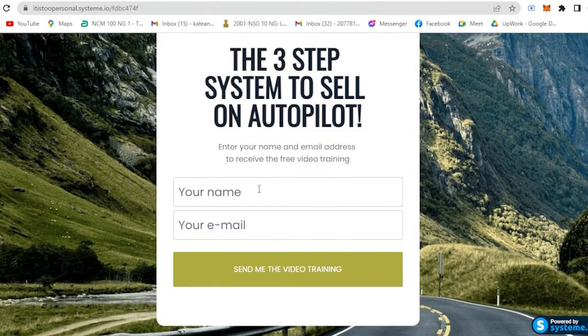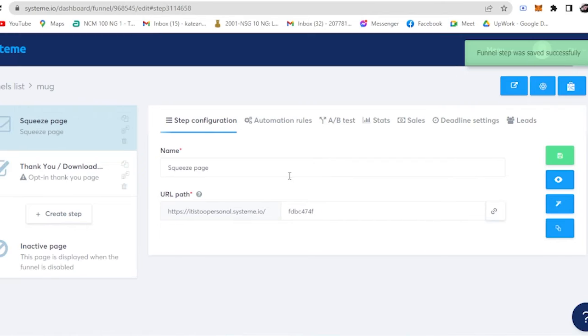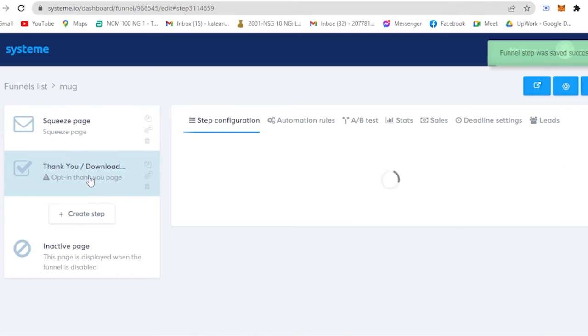So they will enter their name and email to get notifications from your store, and we're gonna use that, and we will save the funnel step. So click on that, and now your funnel step is saved. Here you will see next an opt-in thank you page. Click on that,